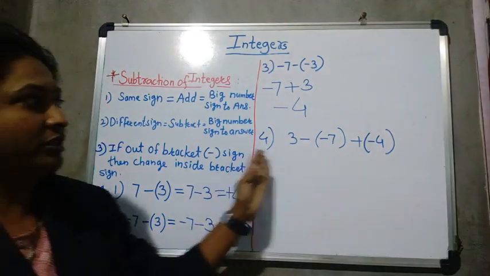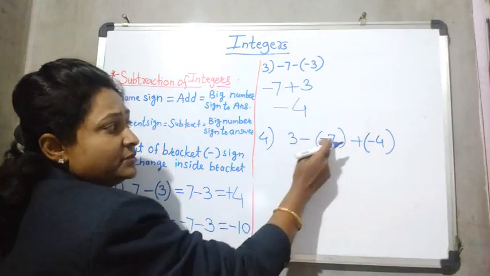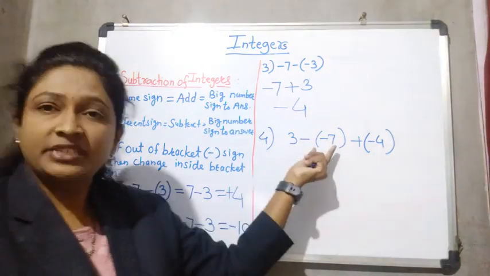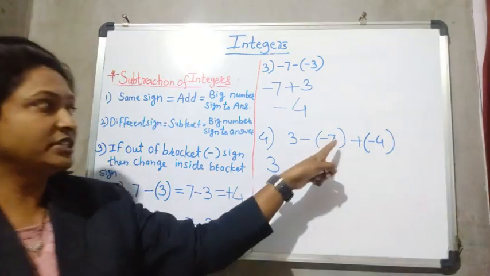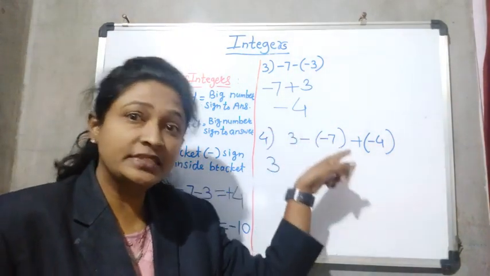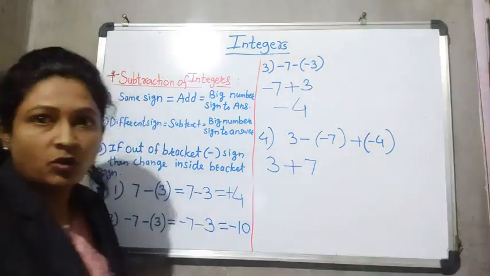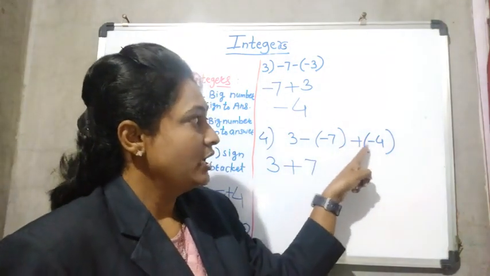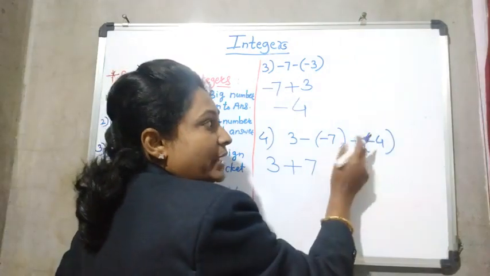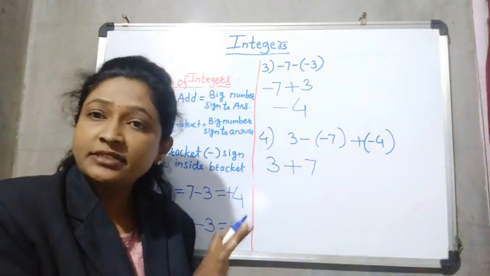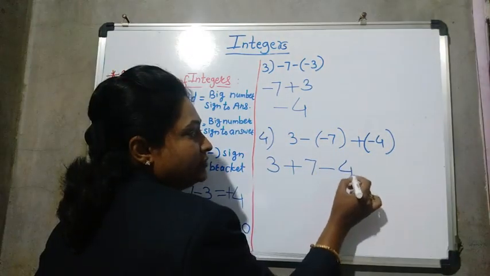Understand? Now see, I took 3 numbers here. Now, 3 minus 7, and the same thing we have to use here. Now see, 3 as it is, I am writing here. Now outside of the bracket, a negative sign is there. So the inside sign will change. This minus 7 will become plus 7. Now this third number we will also take downside. Now see here, plus negative 4. But now here, outside of the bracket, a positive sign is there. So the inside sign will not change. Minus 4 you have to write as it is, minus 4.